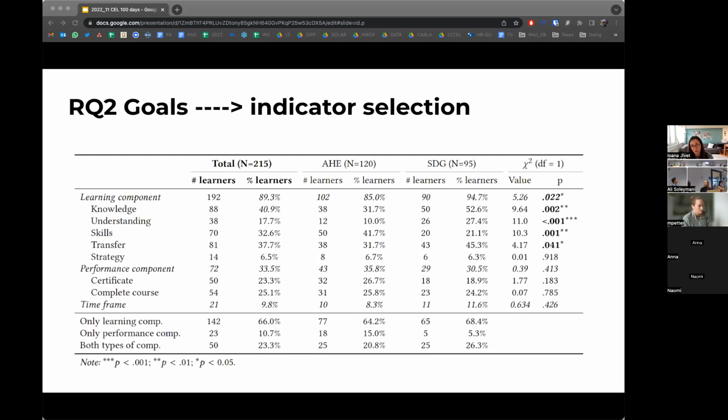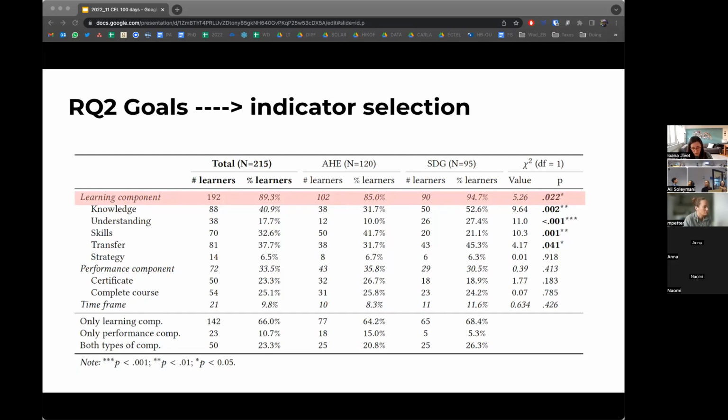Then what we try to do is, and these are the results of this coding. So we had in total 215 students that actually entered a goal. Other students just selected indicators, but we had 200 students that also added a goal. And what we see is that there was a significant difference between the two courses